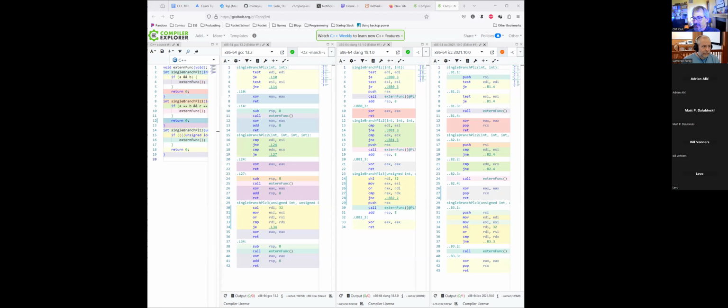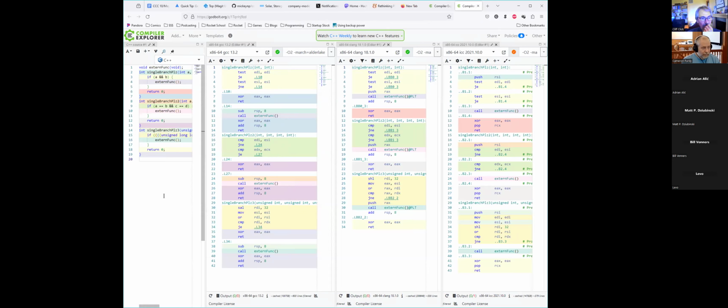Since both parameters are in registers, I was wondering, is it profitable to use one branch instead of two when you have no profiling data? To me, it sounds like you would want to minimize branches, but maybe it just doesn't matter. I have no idea. Yeah, if you don't have any profile data, it hardly matters.